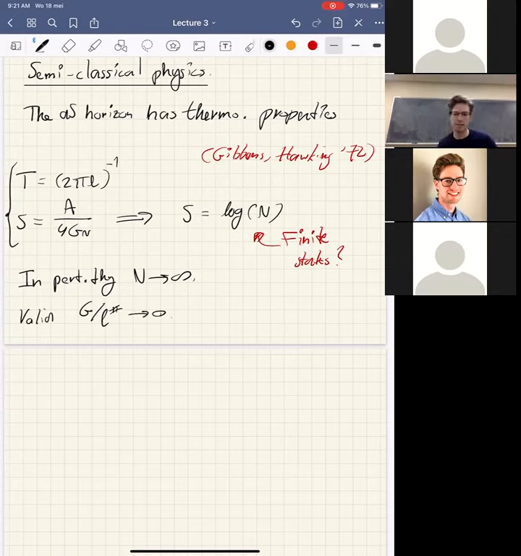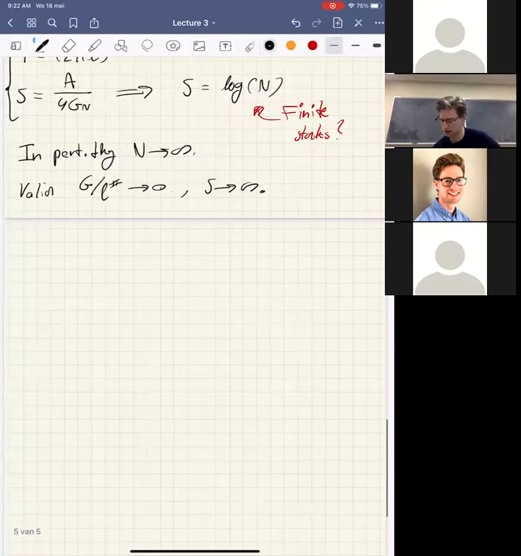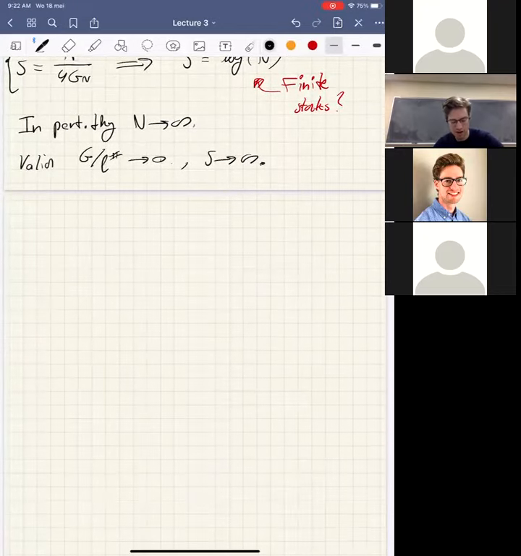But when we take this limit where perturbation theory is supposed to apply, in that limit, we also find that the entropy goes to infinity. So at least we see that in perturbation theory, there's no bound on the number of states. And this is consistent with the fact that the entropy also seems to go to infinity. So that already leads us to an interesting picture of de Sitter entropy: it should really be non-perturbative effects